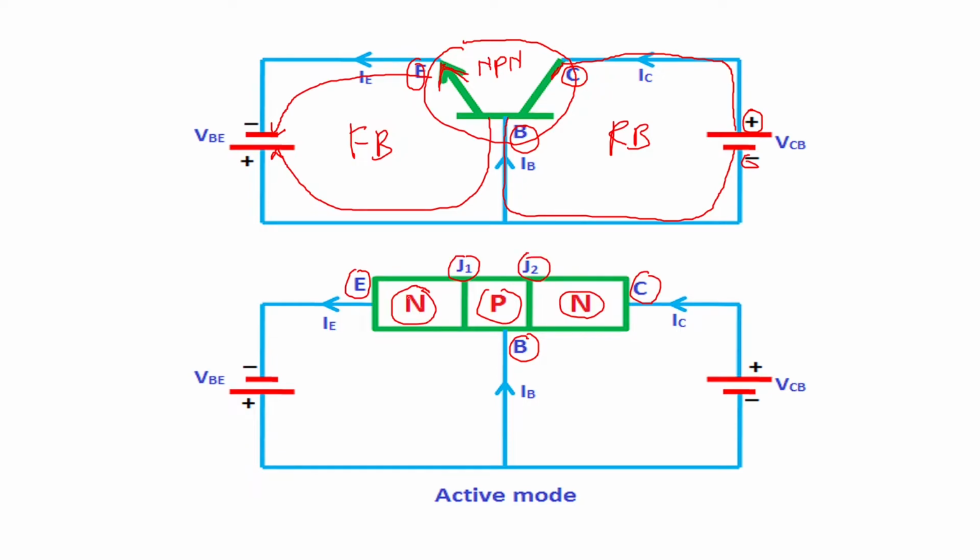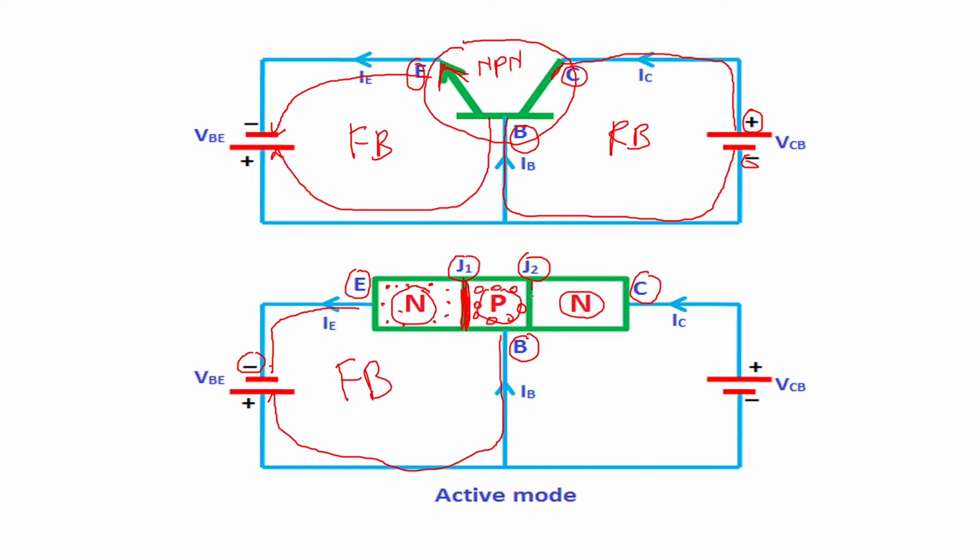If you see the first semiconductor material, that is emitter, here N type, it will be having electrons as majority charge carriers, and this semiconductor is connected to the negative terminal of a battery. And here the second, that is the base terminal, which is having holes as majority charge carriers, is connected to the positive terminal of the battery. So there is a repelling force, and this can be called forward biasing of junction J1. So the first junction is forward bias.